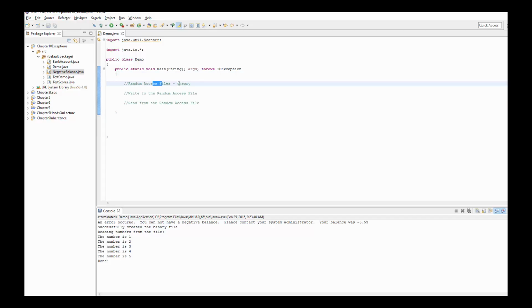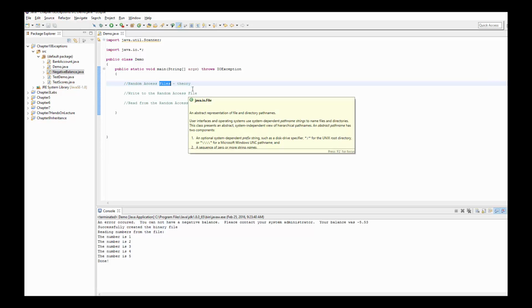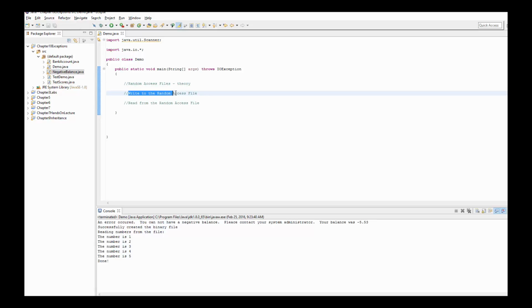And so we're going to start off with random access files theory. What are some of the concepts behind random access files, and we're going to write to a random access file and simply read from a random access file. So, moving into the theory,